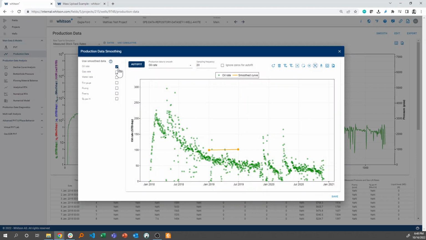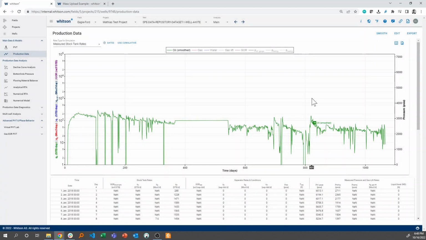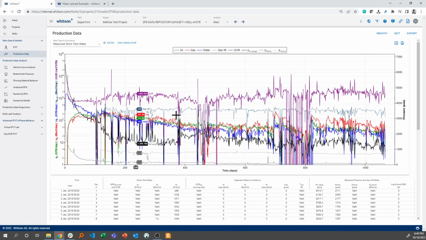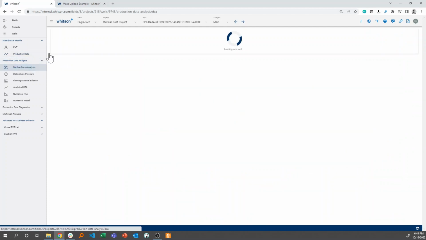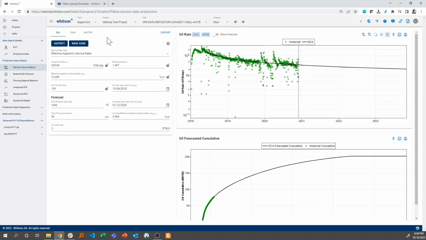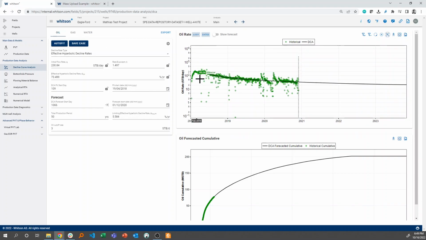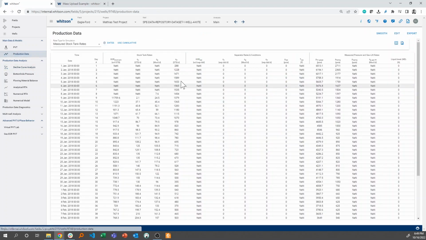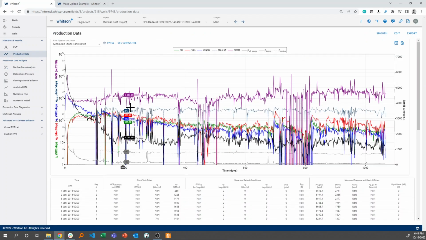And the way to toggle it on and off is just to toggle it here, use the smoothed data, or not use it. So if I click save here, it's updated again, and whatever we see in this view, that's exactly the data that will then feed into all the other analysis on the screen. So if you go to decline analysis and click auto fit, then the fit that you see here on the screen in the production data is essentially the data that you see also here on the screen right